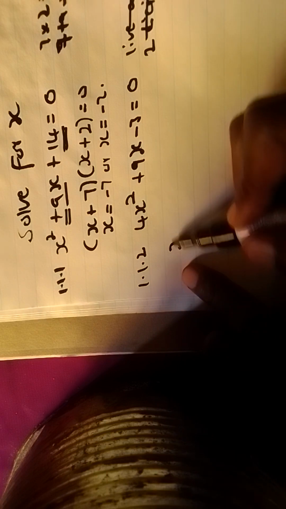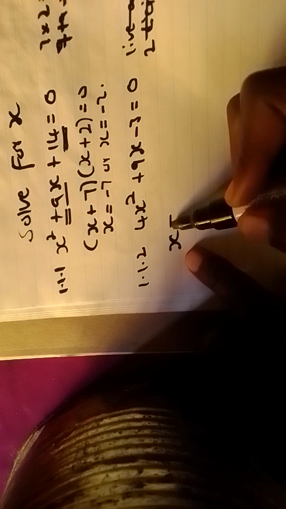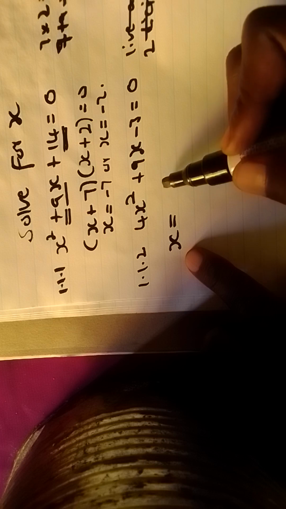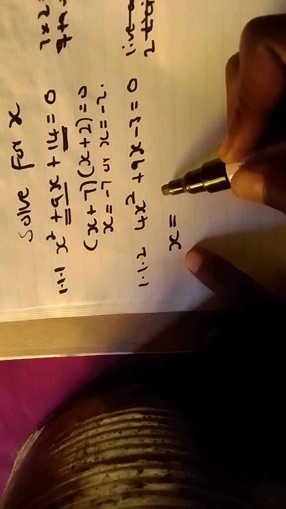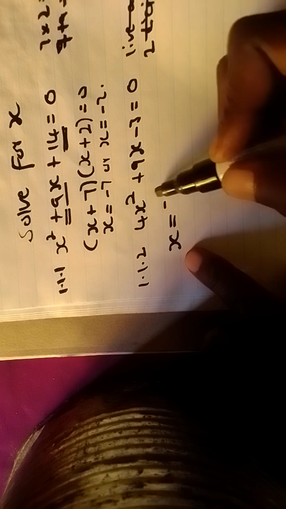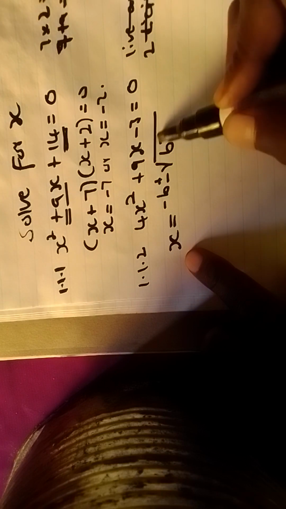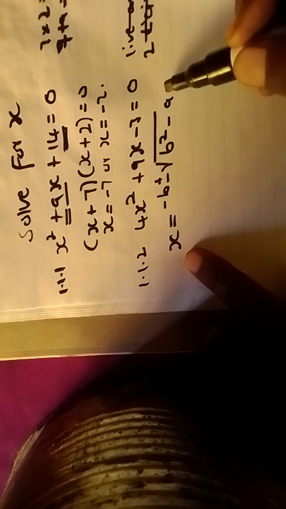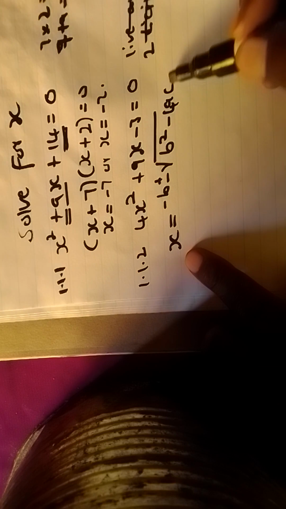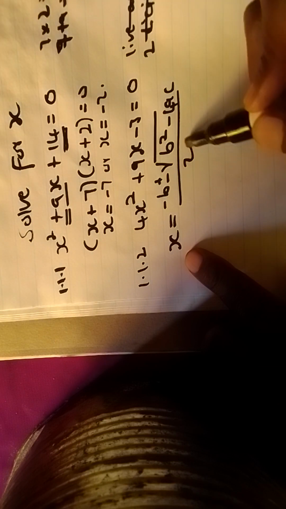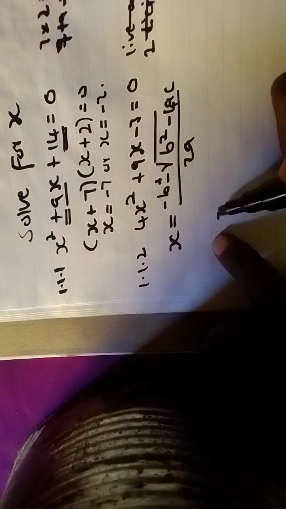Here we're going to apply the quadratic formula, which says x is equal to minus b plus or minus the root of b squared minus 4ac, divided by 2a, which is equal to